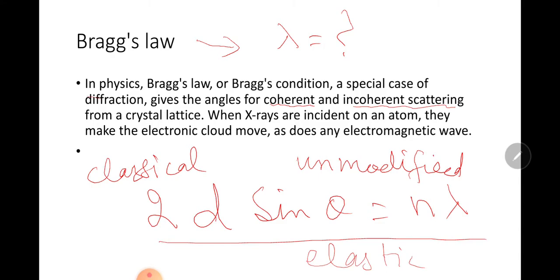Coherent scattering is also known as unmodified, and incoherent is the modified. Coherent is classical scattering. Elastic scattering is one of the three forms of photon interaction which occurs when the energy of the X-ray or gamma photon is small in relation to the ionization energy of the atom. It therefore occurs with low energy radiation.